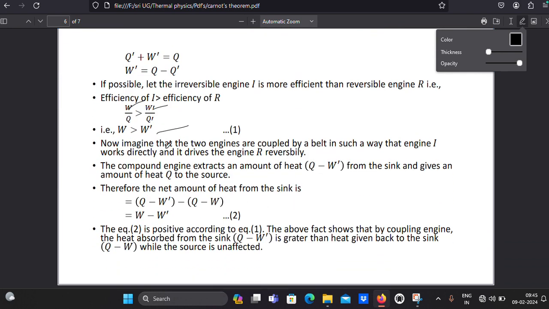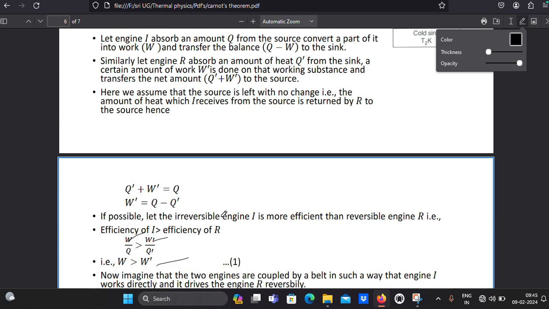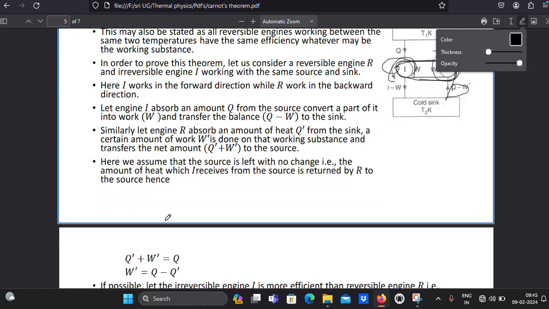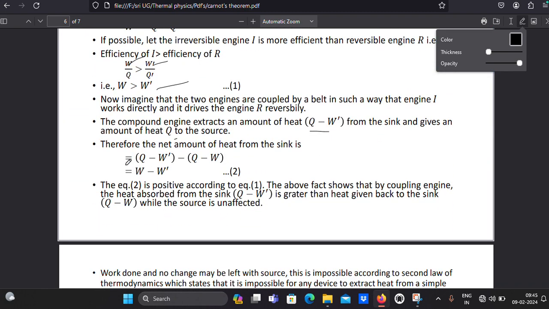Now imagine that two engines are coupled by a belt. The compound engine extracts an amount of heat Q minus W dash from the sink and gives an amount of heat Q to the source. While it is driving, it takes this much heat, part of it converts into work, and the remaining amount is given to the source. Therefore the net amount of heat from the sink is